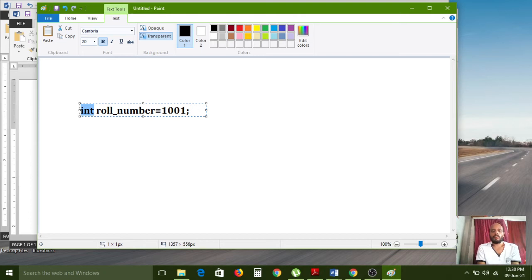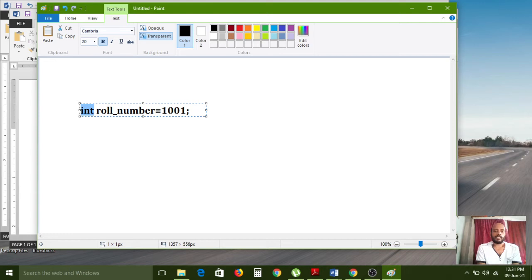Without a data type, we can't create any function either. So in C programming, if you want to create a variable or a function, we must use data types. Without them we have no chance to declare variables or create functions.